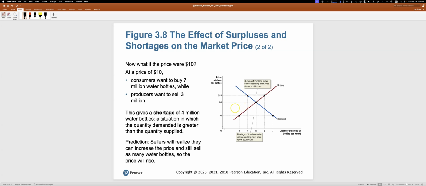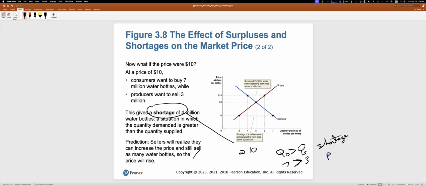And then it can work in the opposite way too. What happens when the price is too low? So at $10, the quantity demanded exceeds the quantity supplied. In other words, 7 is greater than 3. And what do we see when a shortage exists? Sellers raise their prices. So the price goes up,